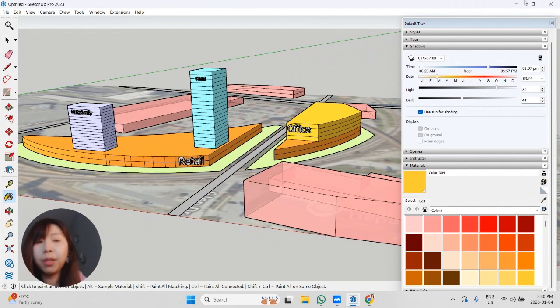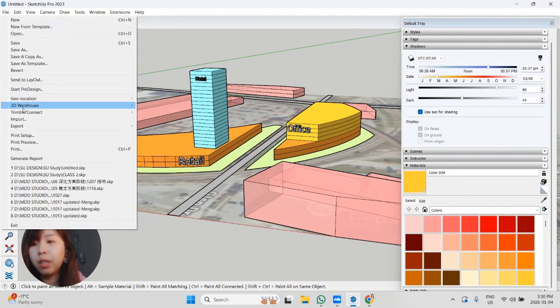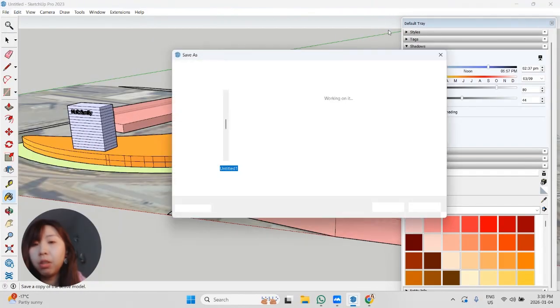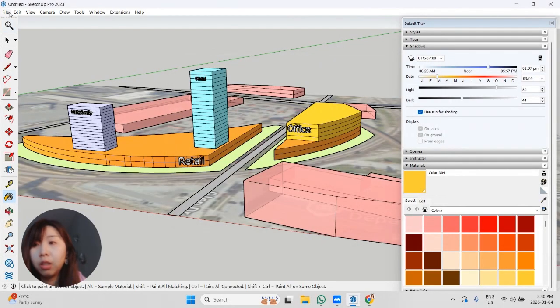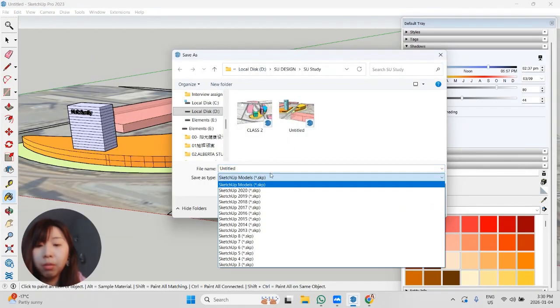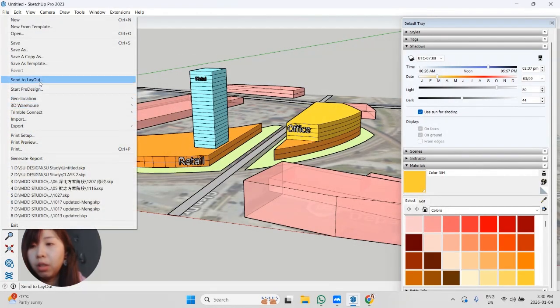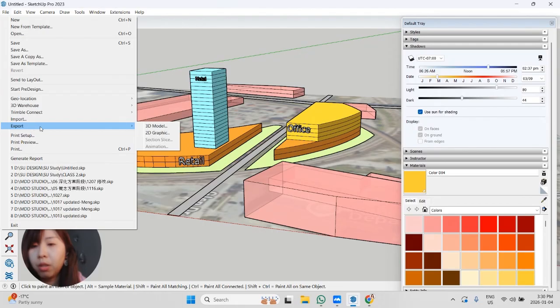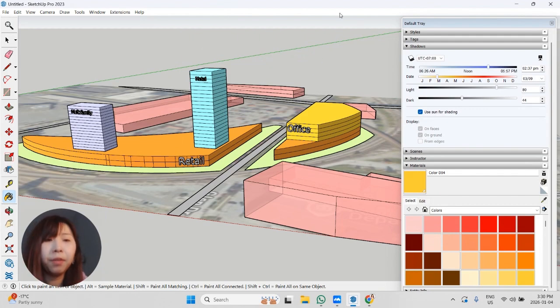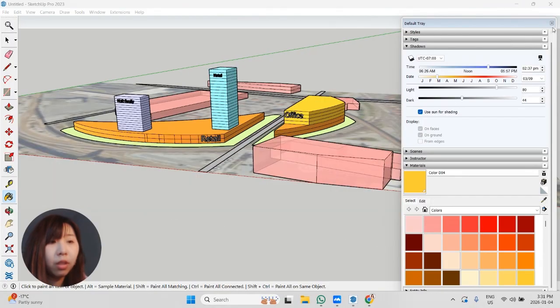And after we build the massive model, we can save it. Also, we can save as a picture. So save as a SketchUp here. Also can export 3D or 2D graphic. So it depends on our needs. After that,